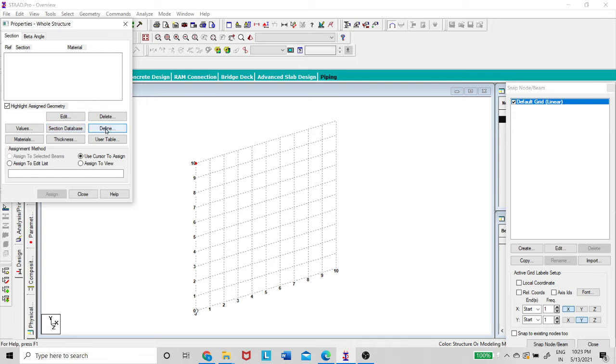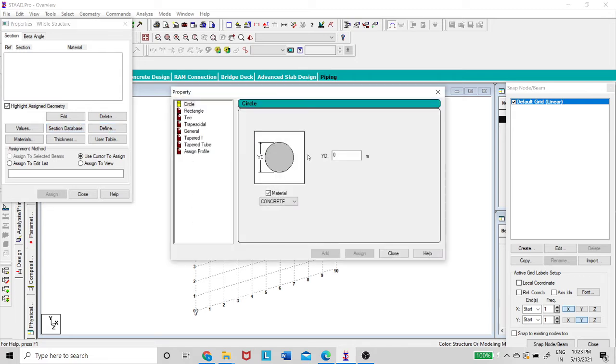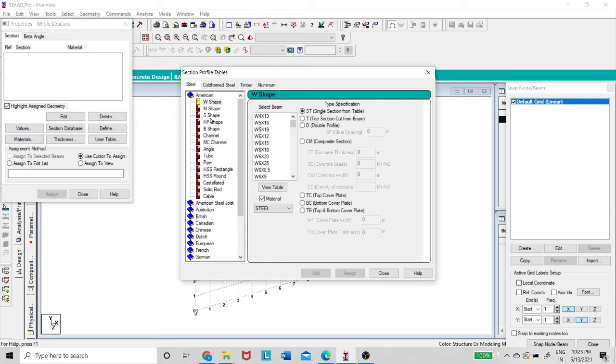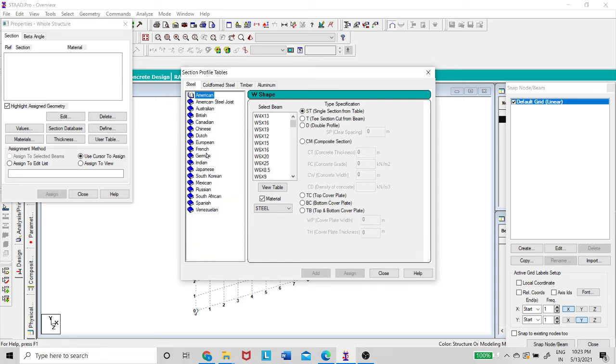So whenever we are using the RCC, I mean the concrete, generally we use the define command. And whenever we are doing the steel structures, you can use the section database. In the section database you can find the different codes. Now I want to see the Indian code.